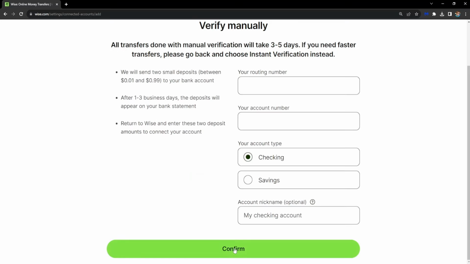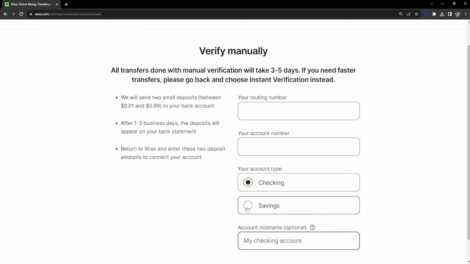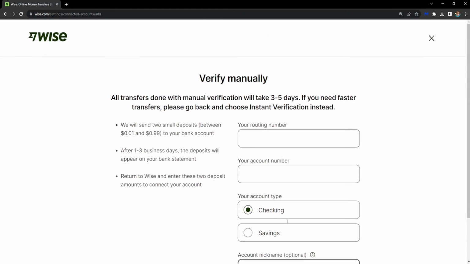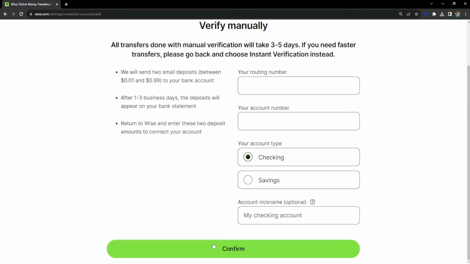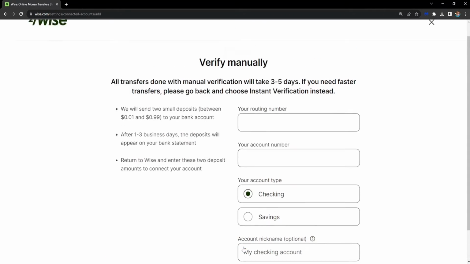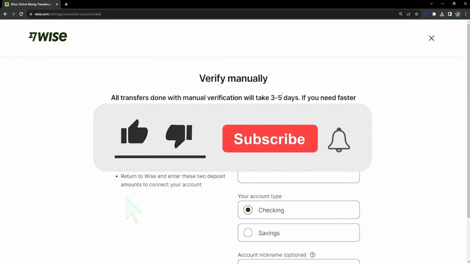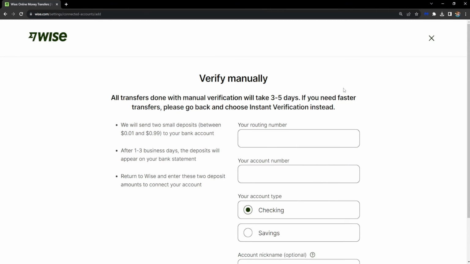So if we click on manual verification, you will have to input your routing number, your account number, you have to select your account type, as well as your account nickname. So once you have input all of this information and you have clicked on confirm, it will tell us that all transfers done with manual verification will take 3 to 5 days. And if we want instant transfers or faster transfers, we have to go back and go to instant